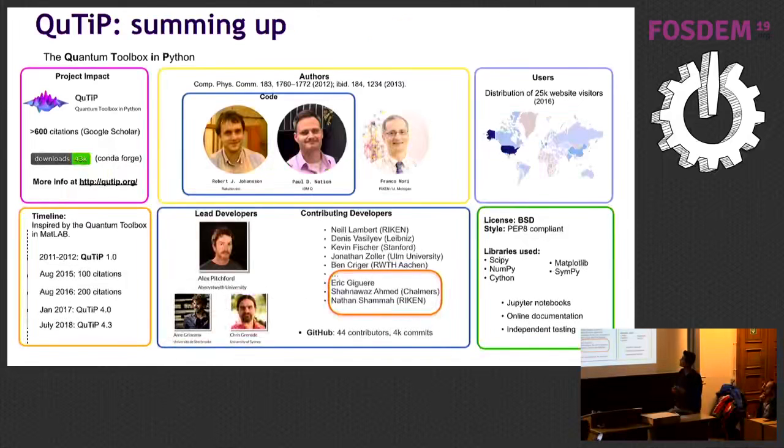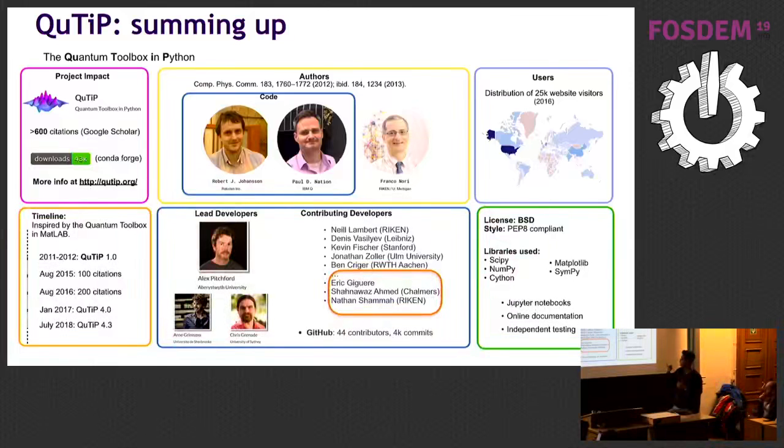And now I would like to talk a little bit about summing up, and also the background of it. So it's like a full circle. QuTiP was started by Robert J. Johansson and Paul Nation. Paul Nation is at IBM Q right now, I think. Okay, I don't have the IBM person here. And he was supported by Franco Nori.